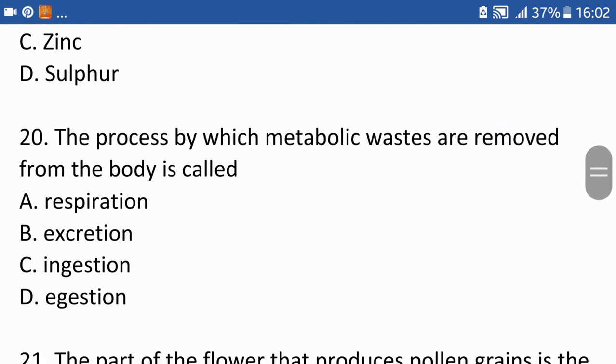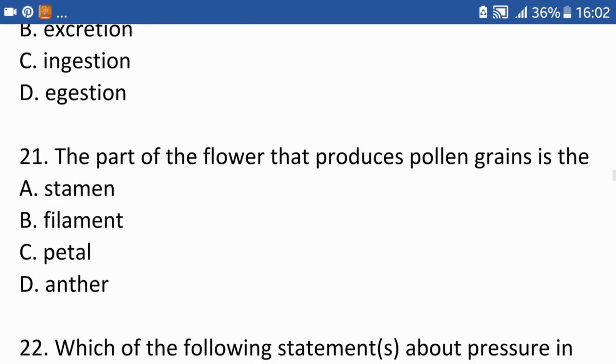20. The process by which metabolic wastes are removed from the body is called. The part of the flower that produces pollen grains is the